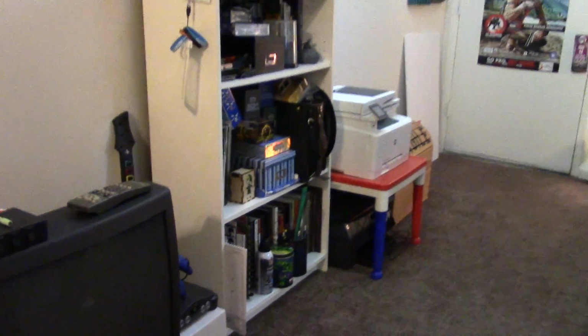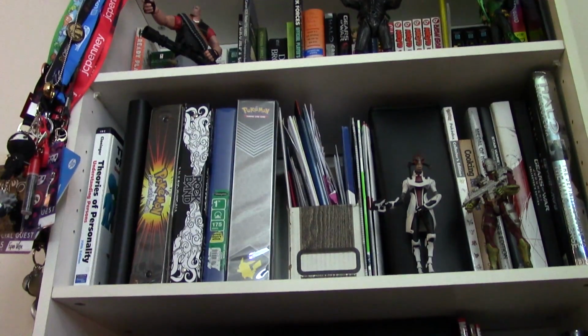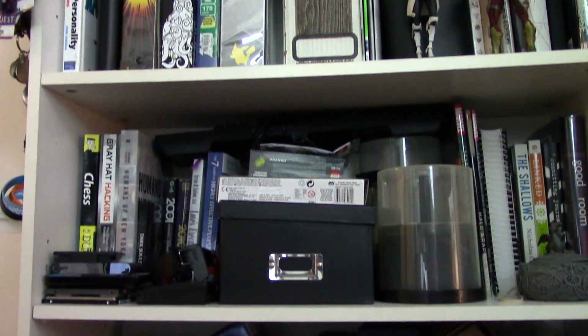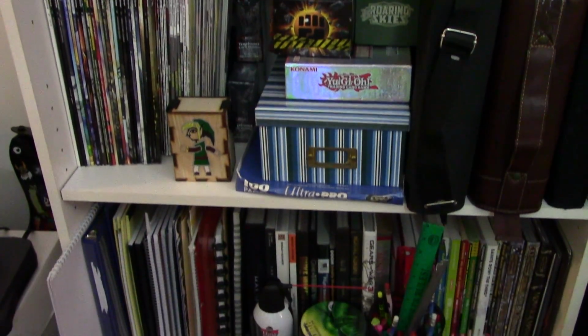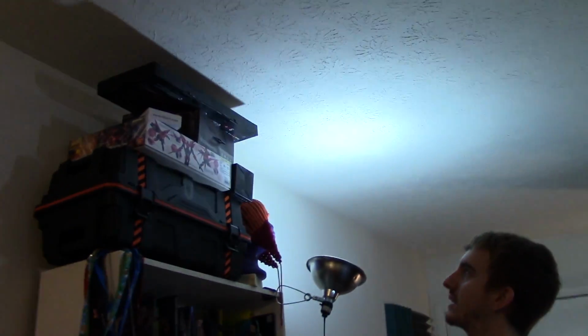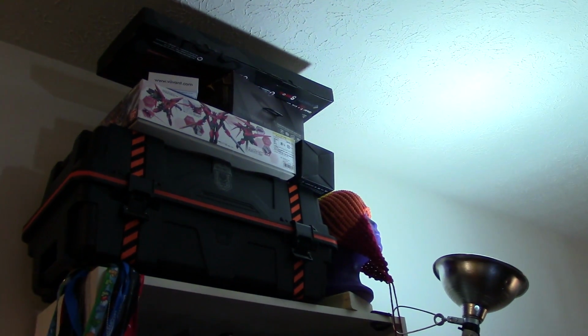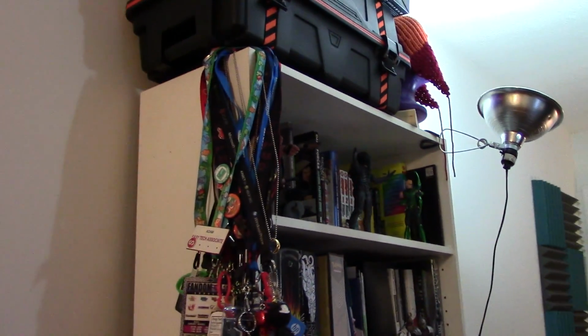And then this is my bookshelf that was in my closet at the old place that I showed off from time to time. And it's just got my comics and my Pokemon cards and some action figures, and just kind of where I put any paper stuff I deal with, because yes, I still deal with paper. And then we have our review product barrage kind of thing up there for boxes, because I'm organized, obviously. And then lastly, on this wall, we have...